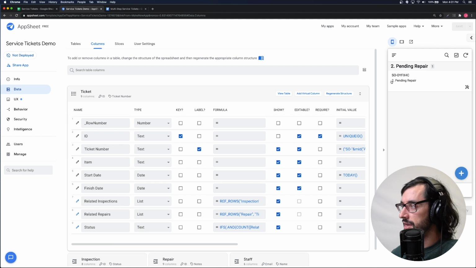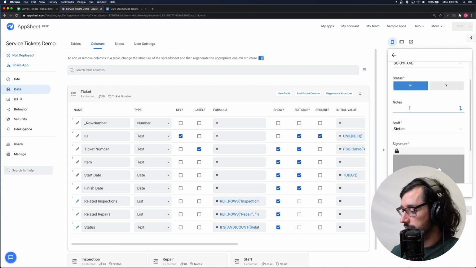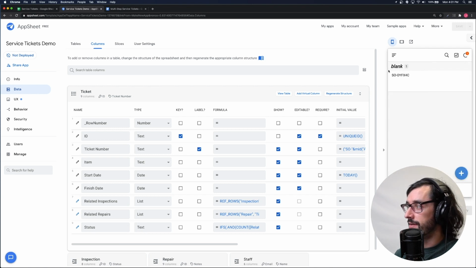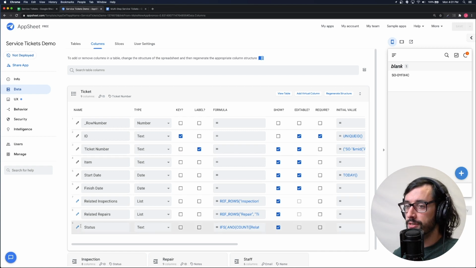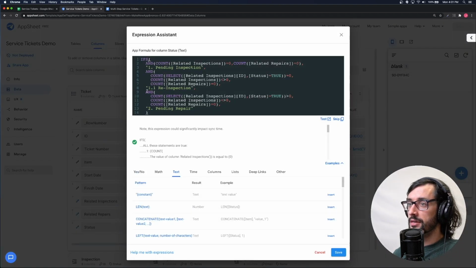All right, there we are, pending repair. And again, I already set my condition for my action button. So I should be able to press this action button and start a repair. Failed. Okay, now we're blank again. This should be now status 2.1 re-repair. And the condition is going to be similar to this one. So I'm going to just copy it,